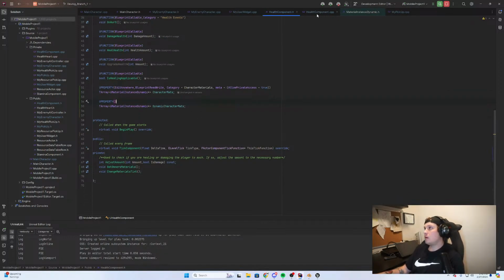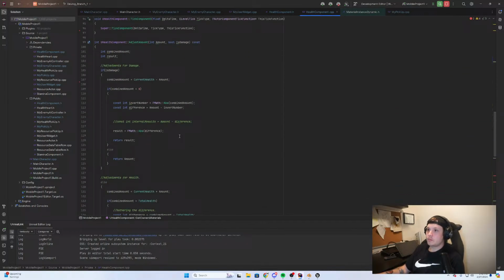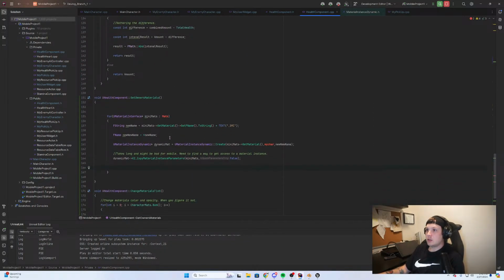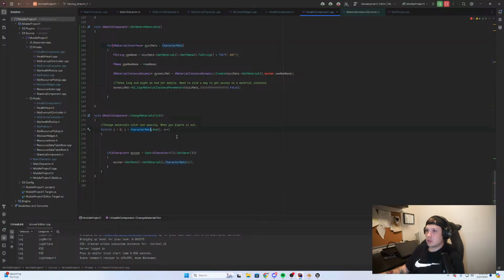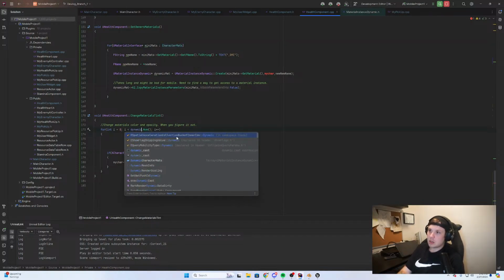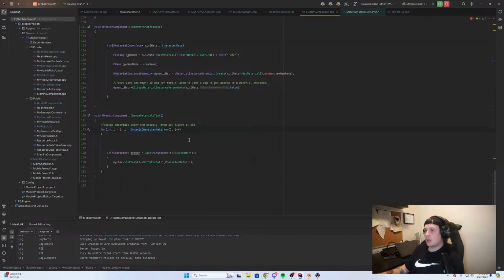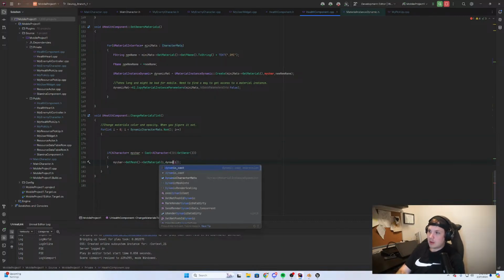So now, what we're just gonna do, right, is we're going to create for each mini mats in character mats. We're going to instead do the dynamic character mats here. We're gonna go through dynamic character mats,